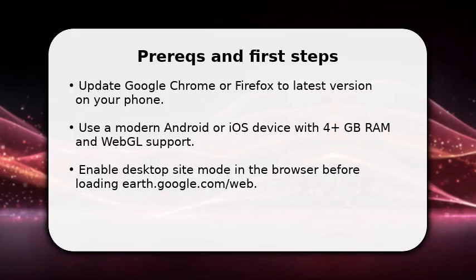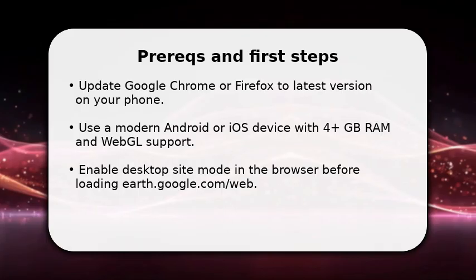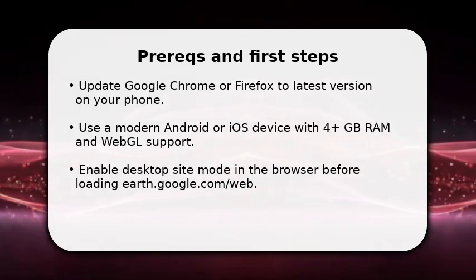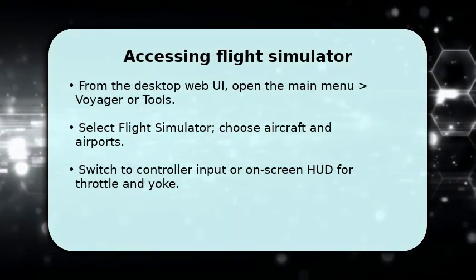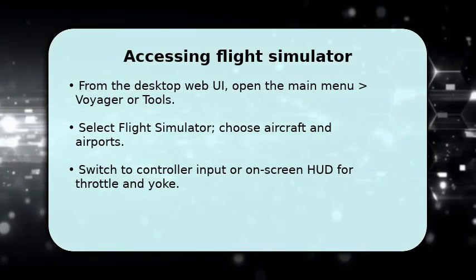Once done, tap the 3-bar menu in the top left. That gives you access to advanced tools. This is where the flight simulator entry appears in the desktop web UI on mobile. Once you open the desktop Google Earth web UI on your phone, navigate the main menu and find Flight Simulator